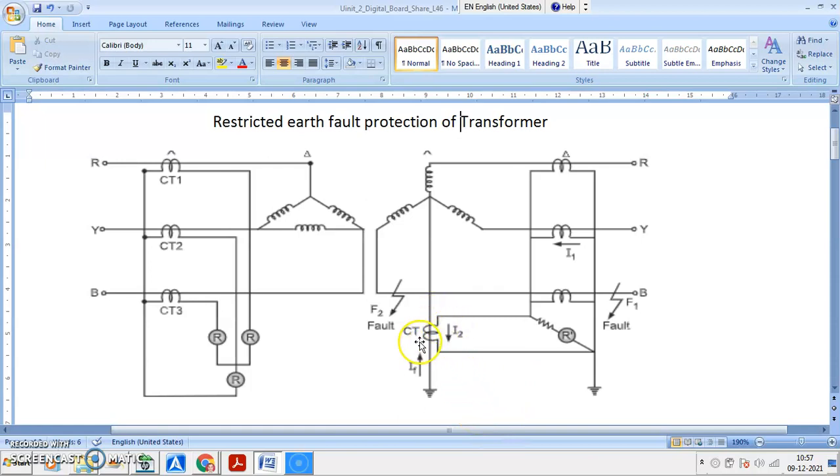So difference between I2 and I1 is more compared to previous case, and this current is sufficient for relay operation, and relay R dash operates. Okay, so this way we can differentiate between the restricted and unrestricted earth fault protection scheme for protection of transformer. Okay,